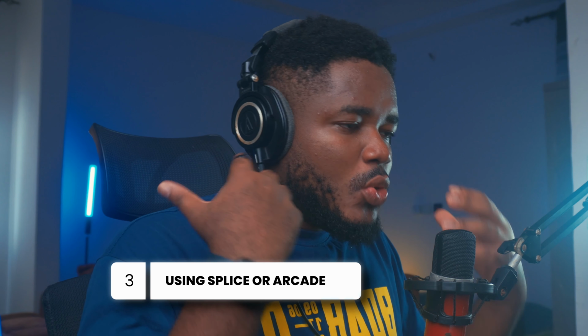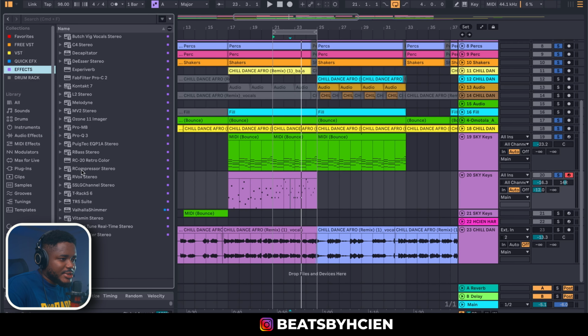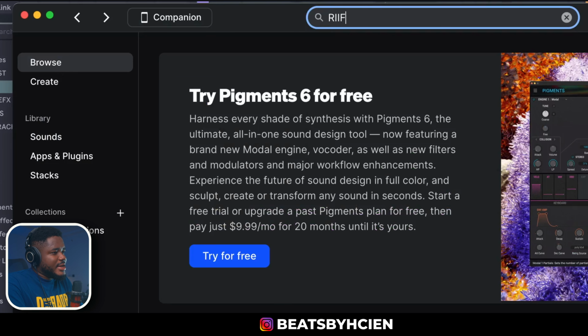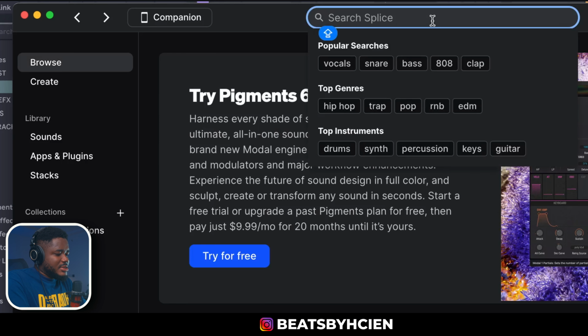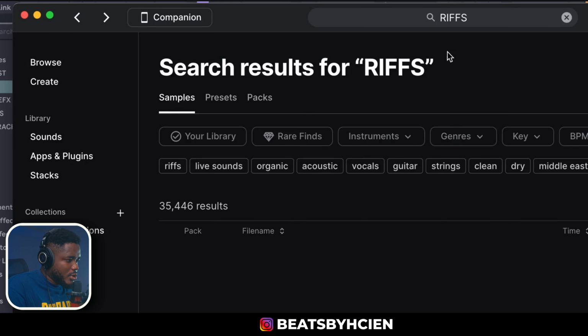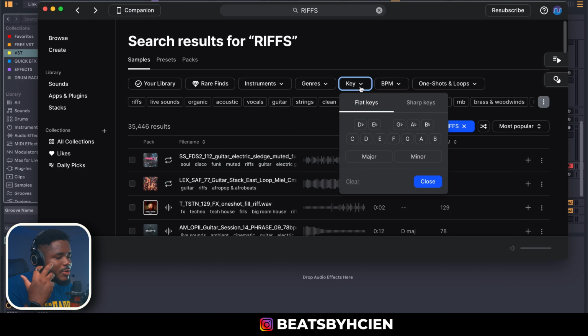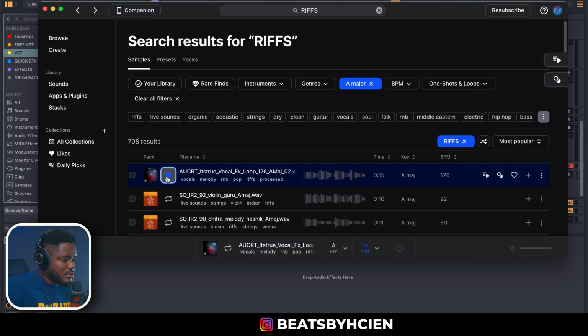Okay, let me show you one little trick on how I use Splice. So what I'm just going to do is drag in Splice Bridge. Another thing I do is go on Splice Bridge, and I can just type in the search. You can just write riff or riffs, go to the browse, come here, type riffs. When you type riffs, then right now I am on the key of A major, so I'm just going to go A major, play one sound